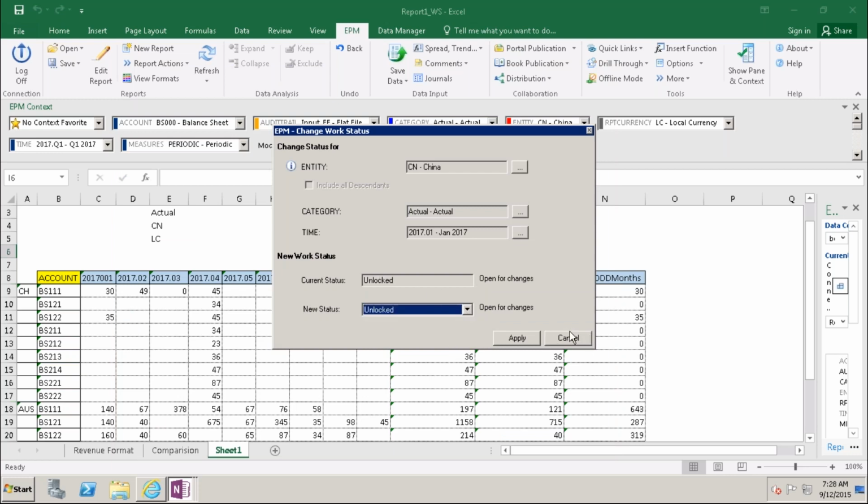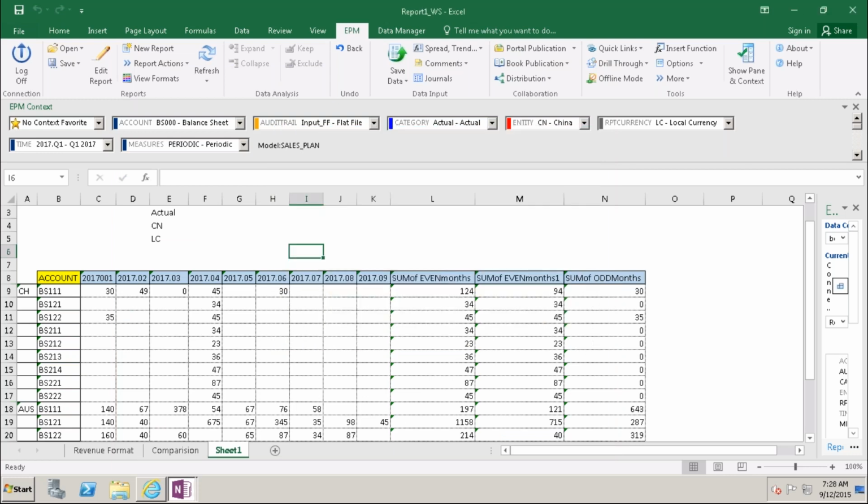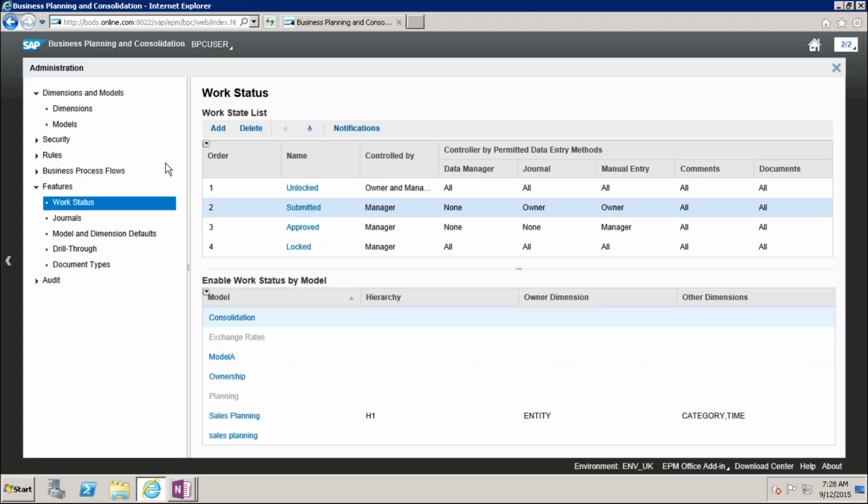One minute. This is applied here for this one. Not sure what happened here.